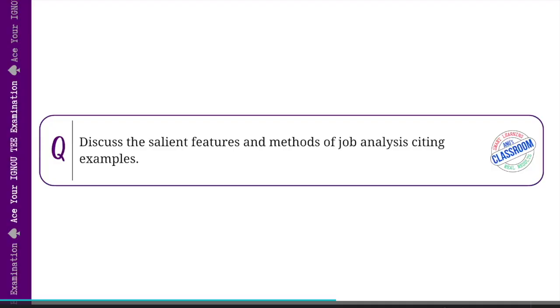For instance, imagine a retail chain. It wants to improve the cashier performance. They might observe cashiers and collect critical incidents like how they handle long queues or tricky customers to update the training and appraisal system. Okay, so in short, you can say that it is kind of like detective work for HRs. It is like Sherlock Holmes only. You gather the facts about the job so that every HR decision hence taken is well informed.